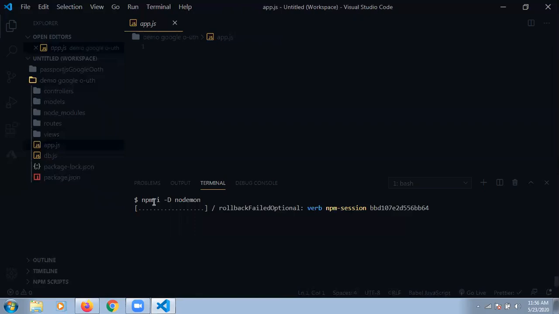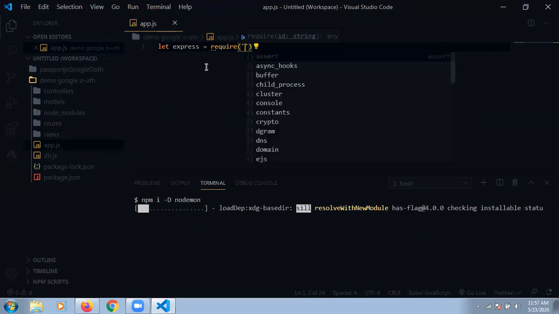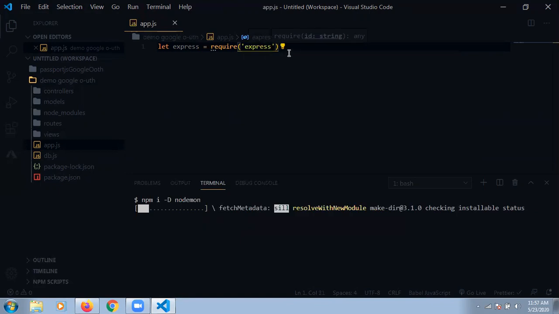That's it. So I'm writing my code here. I think every guy knows about that. We are using require here. VS Code is very intelligent, it can explain everything.